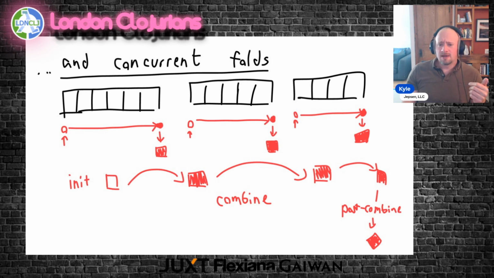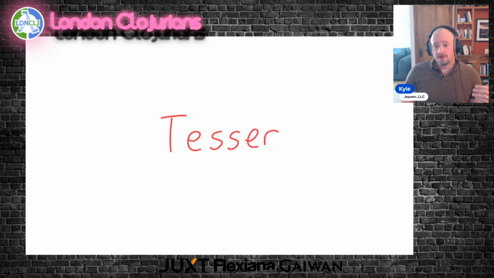This is the same idea behind MapReduce, which will look really familiar if you've ever heard of that paper. It's also inside of the Tesser library for composable commutative folds. And it turns out that Tesser's representation of folds is basically the same as Jepsen folds. Jepsen folds has a few extra powers. If you want, you can use Tesser to compose these folds and then pass them right into the history, and they will work just like you expect,